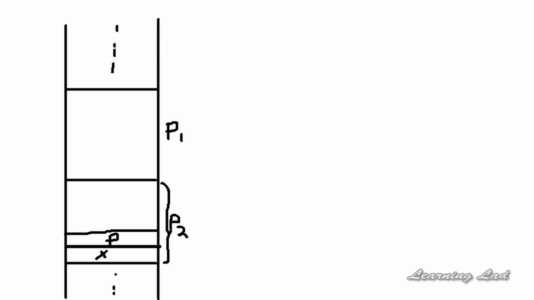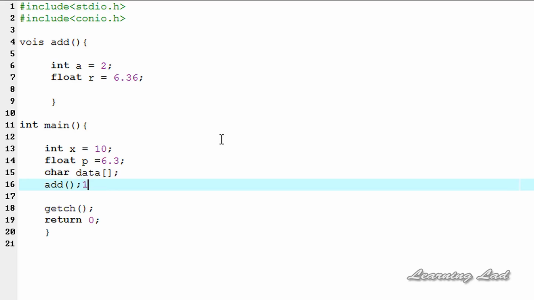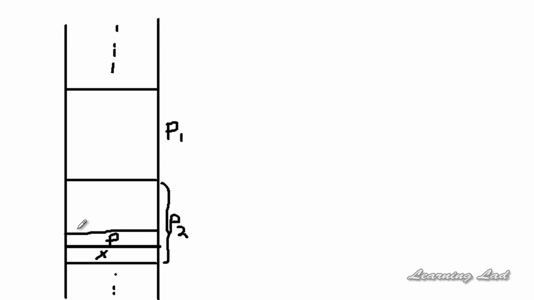So the limitation with the stack is, suppose in our program we're gonna use a very large variable, let's say char data, and this data is around 1000 bytes long. When we use this variable data in our program, the variable data will be pushed into the stack, so the data will be here, and it's gonna allocate 1000 bytes for this variable data. So at that time, it may exceed the